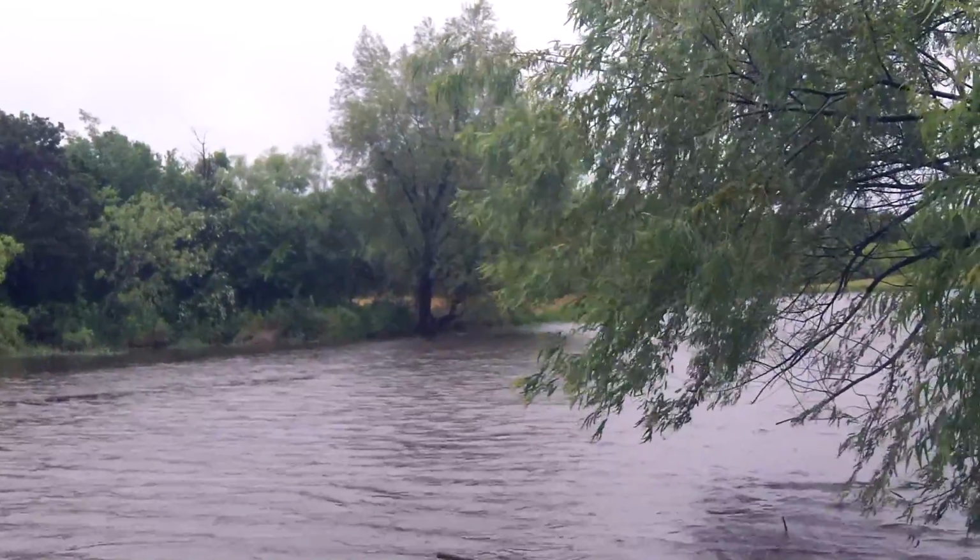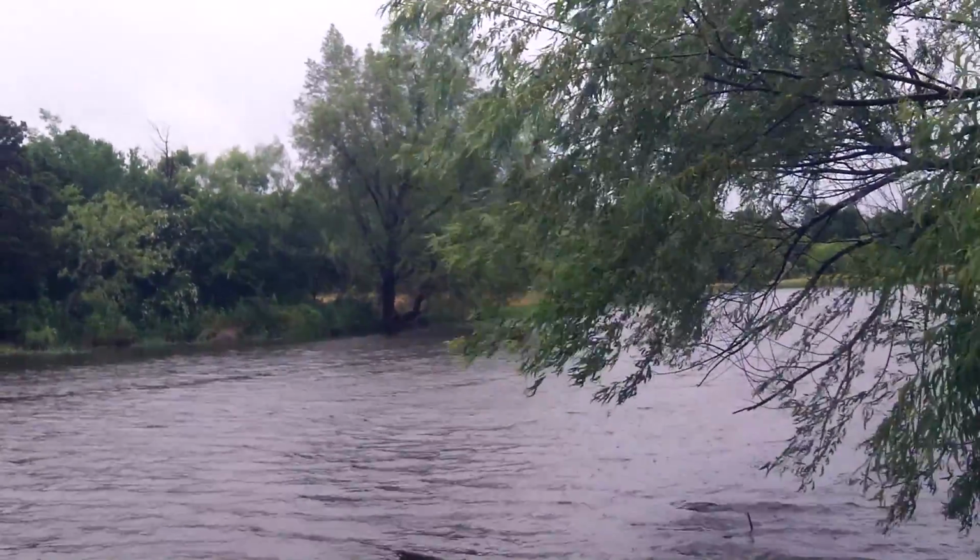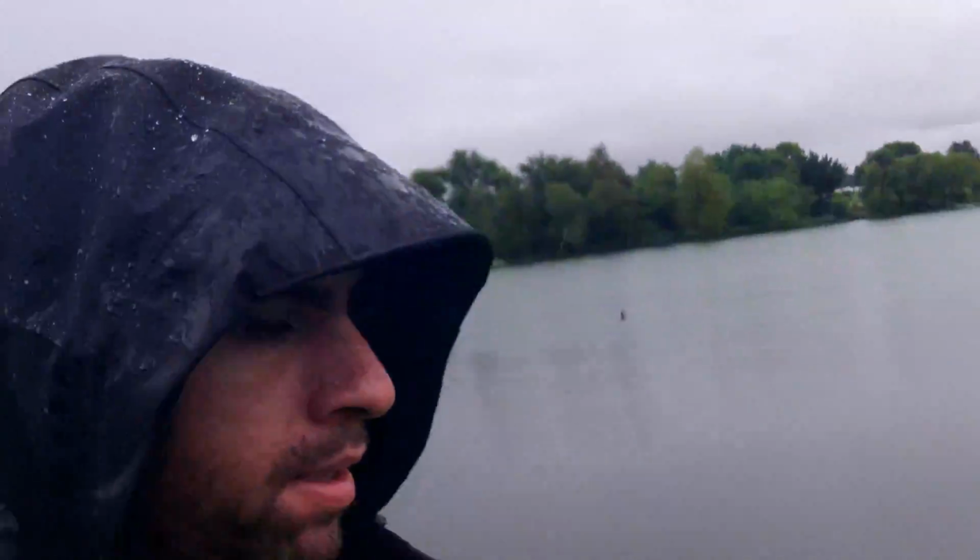We were doing some pond fishing this month in some unseasonably wet North Texas weather. North Texas is not a desert climate, but it definitely is not a wet climate, and I've just never seen this much rain for this time of the year. So our first day out in the morning, we were dealing with some light rain,